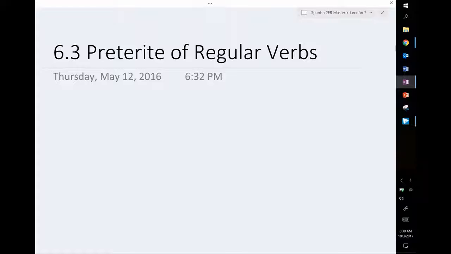So what you need to do right now is split your screen between this video and your OneNote. You should look for the page titled 6.3, Preterite of Regular Verbs, which is under your Lección 7 tab. This video is going to go hand in hand with your notes, so it's super important that you follow along,